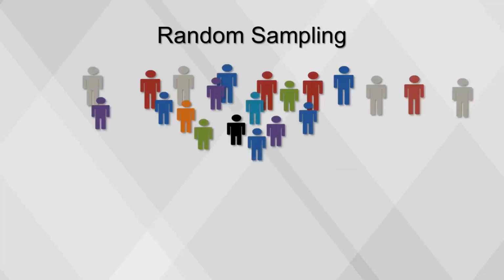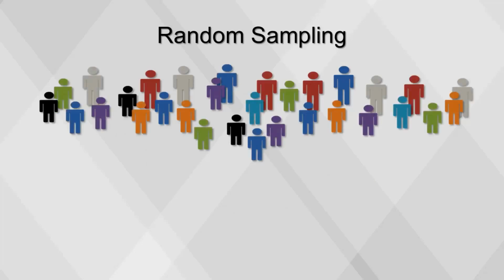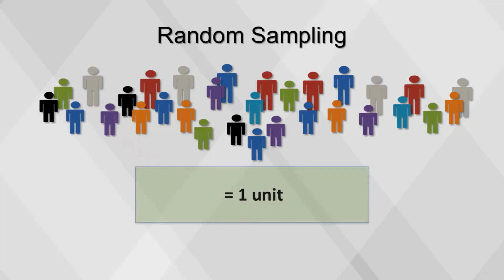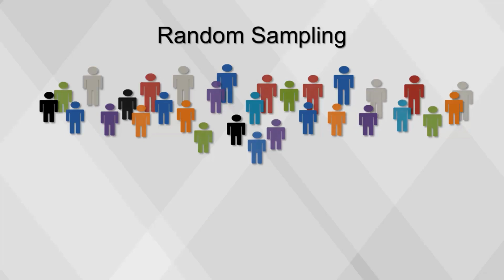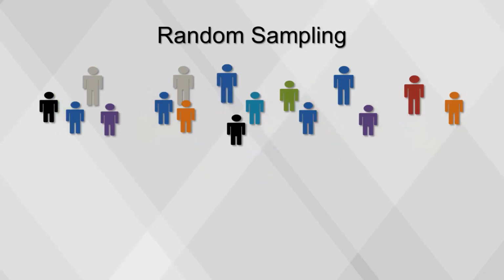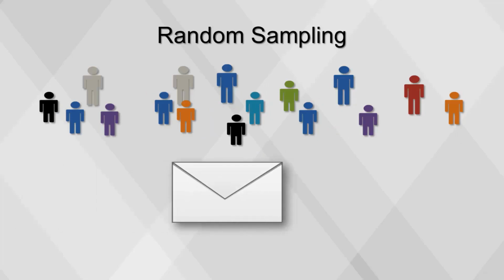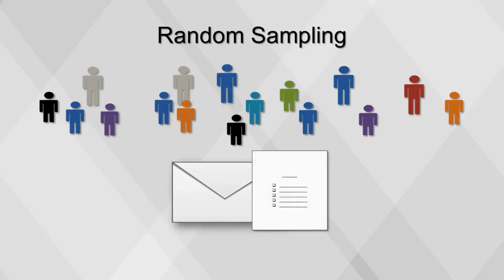So back to our television viewing research. We want to figure out how many television viewers there might be during a particular show. Let's say there are 30,000 viewers in our population. Each viewer is known as a unit. In order to select a sample N of viewers from this population of 30,000, we could choose to use a simple random sample. This means that there's an equal probability that each viewer could be selected for inclusion in the sample. If our desired sample size was 200 viewers, we would find a way to select 200 viewers randomly, and then we could send each of those viewers a questionnaire in the mail about their viewing habits.